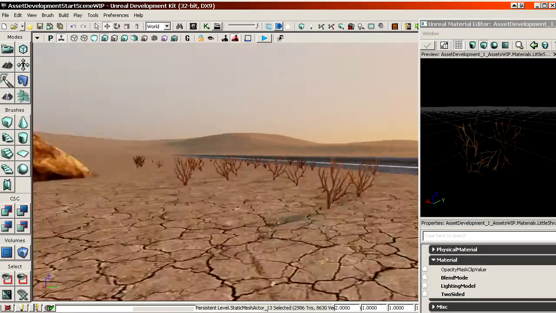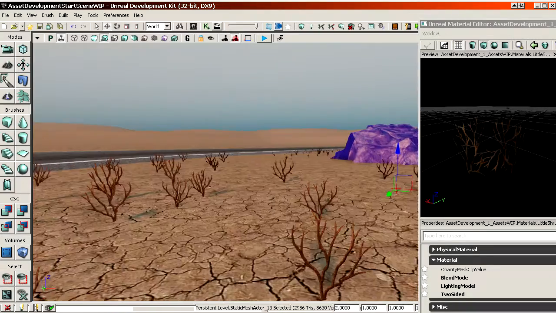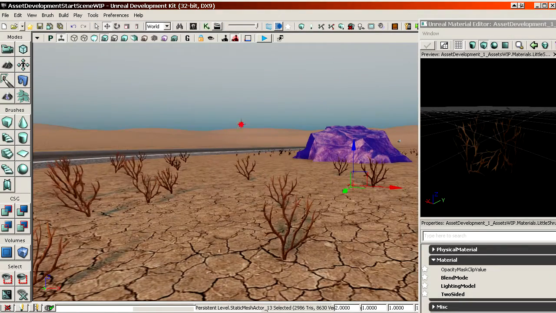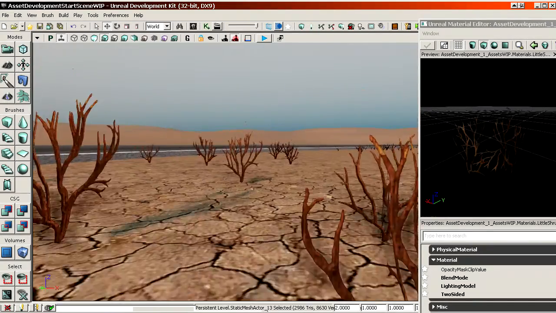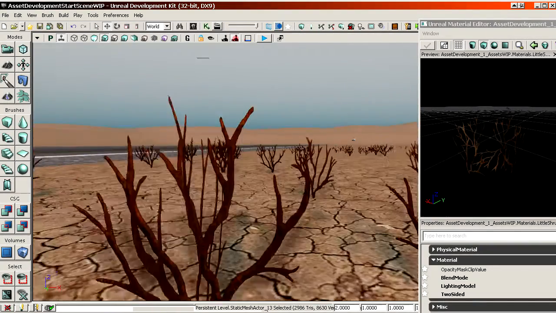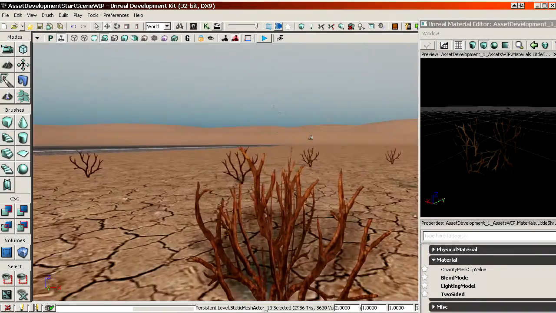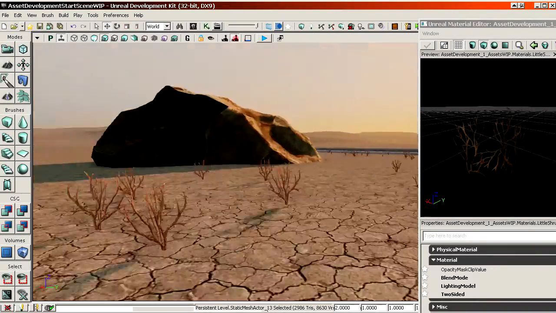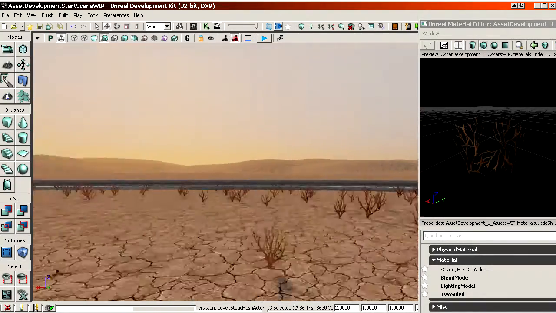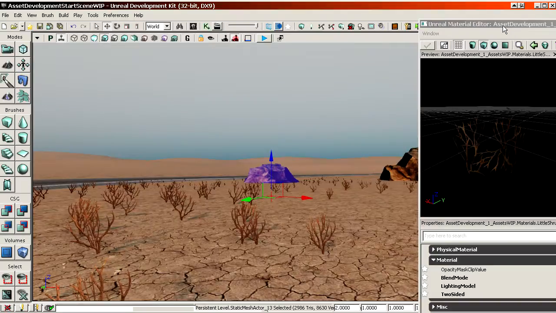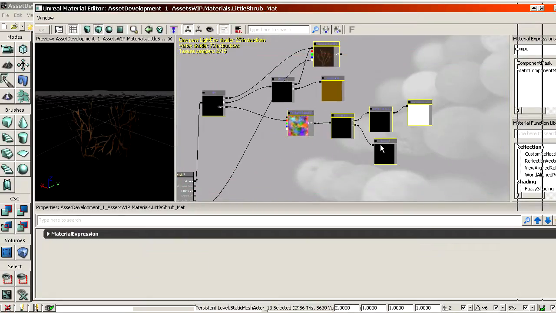And this might be hard to see again. Doing this on shrubs is perhaps not the most obvious thing. If you were to do this on a big field of grass, it would be much more obvious what's going on. But this makes some of the plants darker than other ones. See, for example, this whole group is darker than, say, this one, etc. So you get a bit of a variation. This is obviously brighter here. So you get variation in the foliage. This exact same setup can also be used